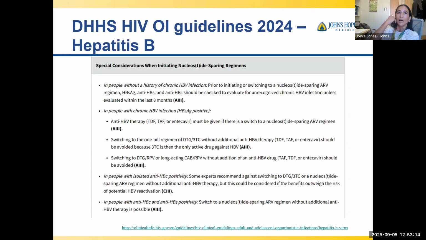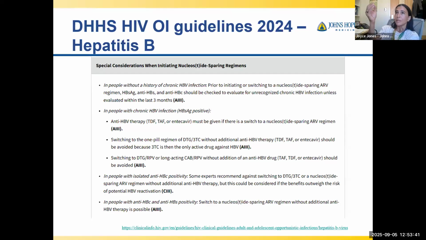The other thing is, it is a grade C recommendation to annually check people's hepatitis B surface antibody status. So check that annually, in particular for people who are on these nucleotide or nucleoside sparing regimens, and then you can give a booster to help ensure their